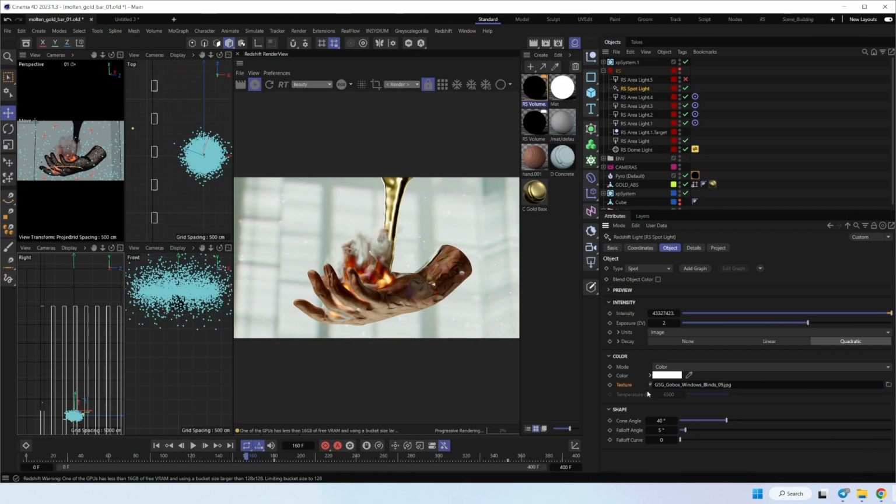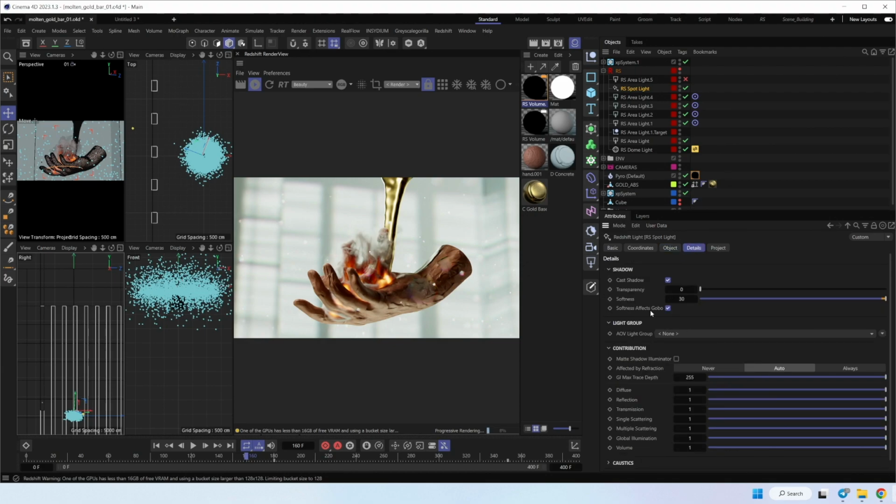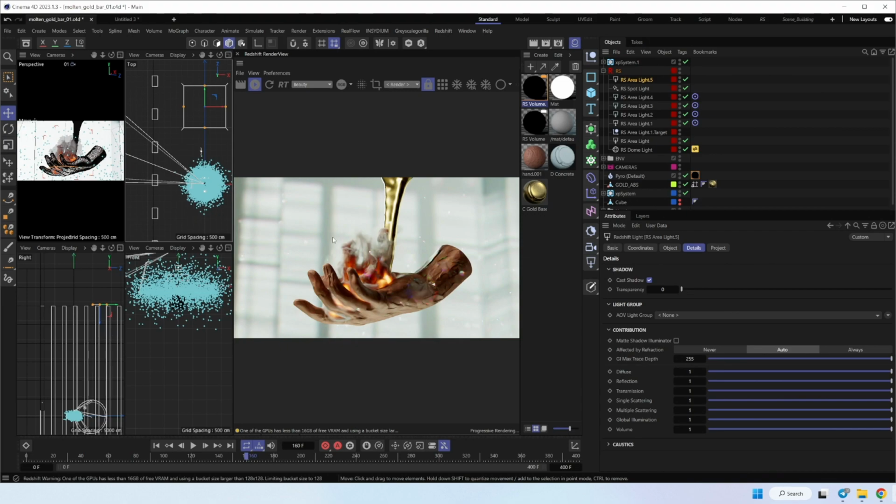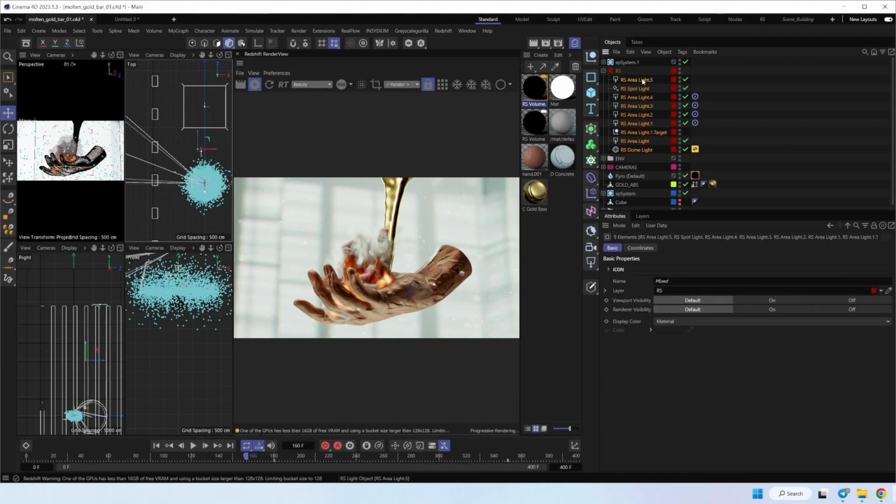It looks like this window, just to place on the background, and inside details I check the softness effects Gobo and add a lot of softness to blur the Gobo light map. And one more area light, it's like a general light on top to get more light inside the scene, to get more reflection there. So it's a pretty simple scene setup with lights.